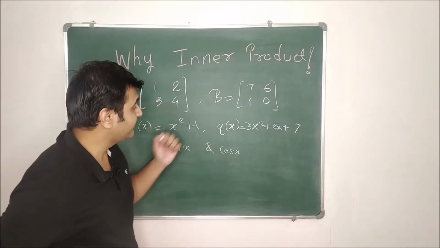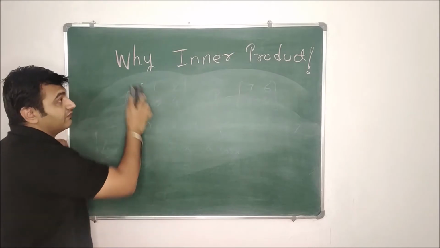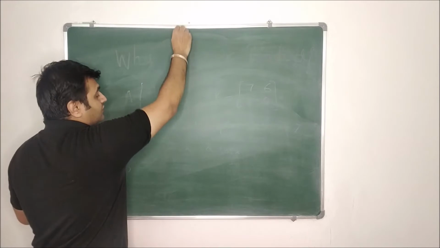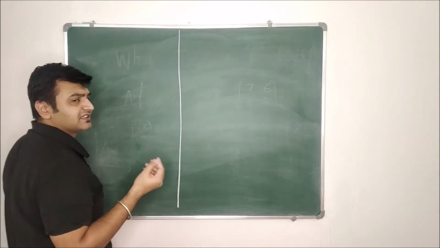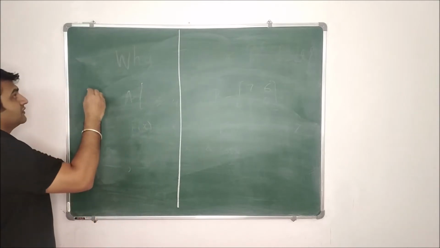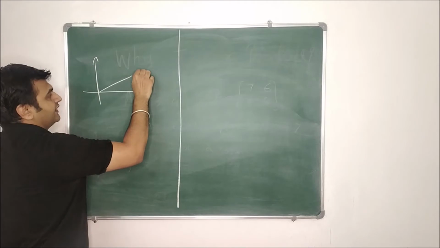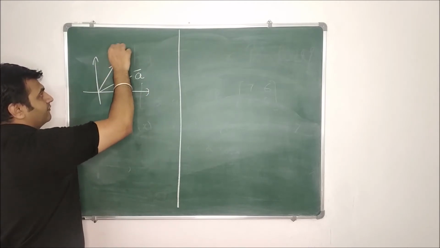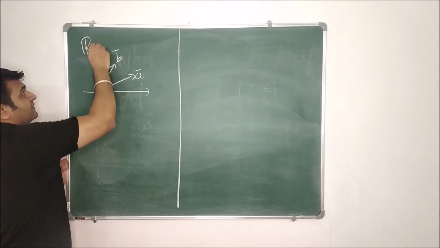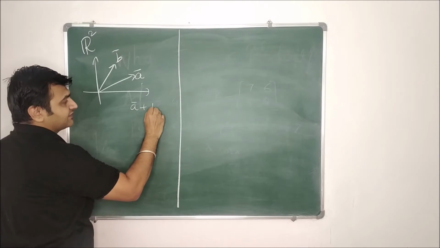Before coming to this, let me tell you that the questions I'm asking make sense because of vector spaces. Now what is a vector space? How did this vector space come into the picture? See how it came in. Suppose you have two vectors, vector A and vector B. I am in R2, in two-dimensional space. Then I know how to add two vectors, A bar plus B bar.